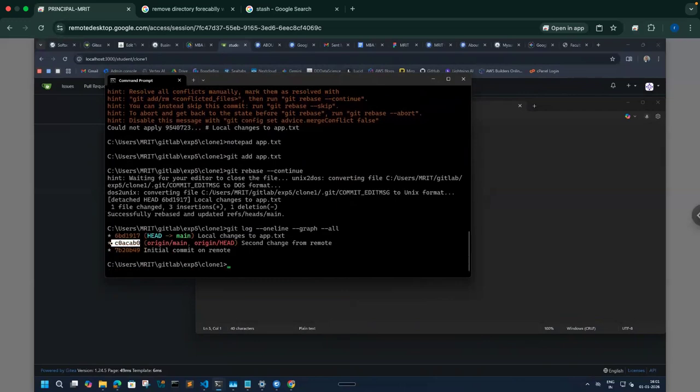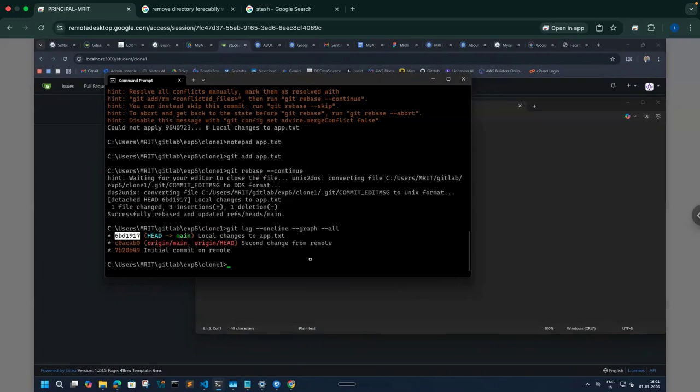Both the remote changes have been applied. And on top of that, the local change, which I just did after resolving the conflict, that has been applied. So this experiment is about the Git command git rebase, which basically allows you to update your local repository with the latest changes from the remote repository,